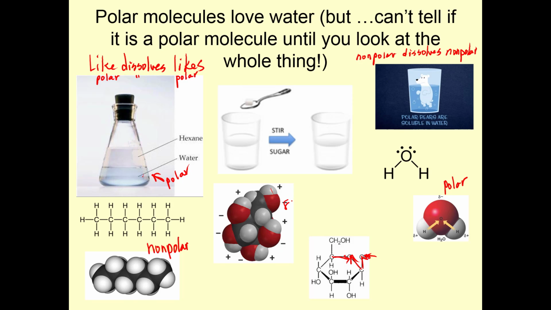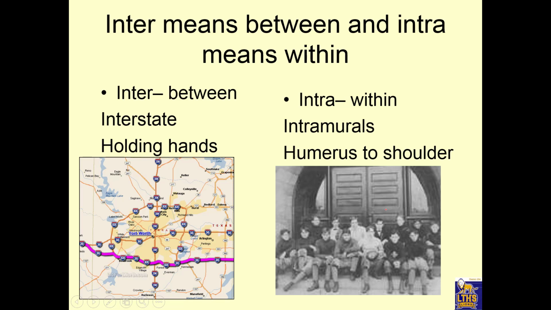So you got a kind of negative charge there, kind of negative there, kind of negative there, kind of positive. So you put sugar in the water and they mix. Sugar's polar. Water's polar. They mix. All right, so we're going to talk about forces now, and we need to define 2 prefixes,